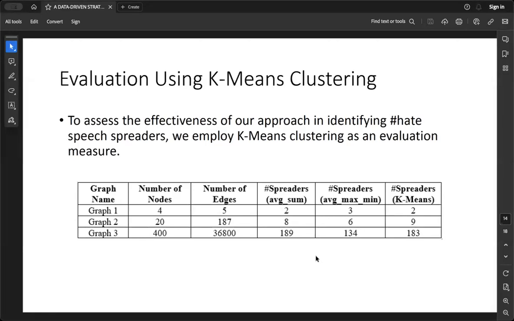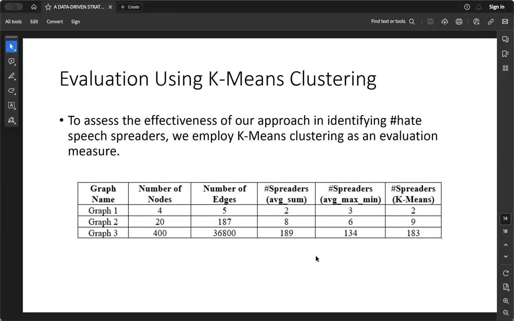So when we experimented with these strategies, we noticed that for average sum, the number of spreaders were 2, 8, and 189 for the 3 graphs, and the number of spreaders for average max and min were 3, 6, and 134 for each of the graphs. And when we utilized those HSPR values with our K-means algorithm, we got very